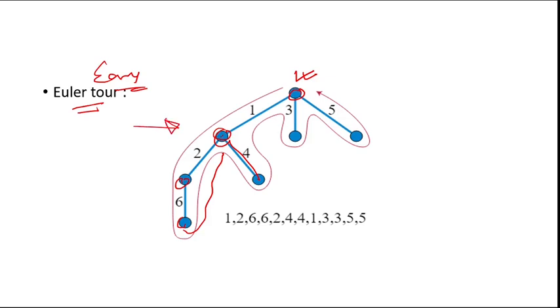This will be used later when we discuss approximation algorithms. Euler-Tour will come again. This is just a simple tour you are doing. One edge has been visited, then 2, then 6, and then 6 again you are visiting. Visiting again is allowed here. Euler-Tour is an easy thing. You will find an O(n to the power k) polynomial solution. You will be able to directly write an algorithm which solves this problem.